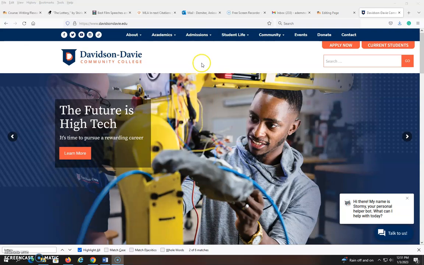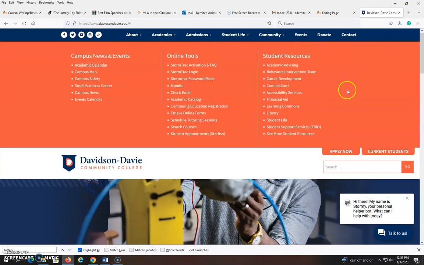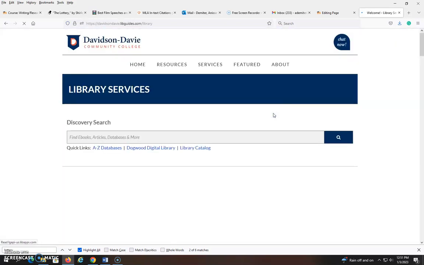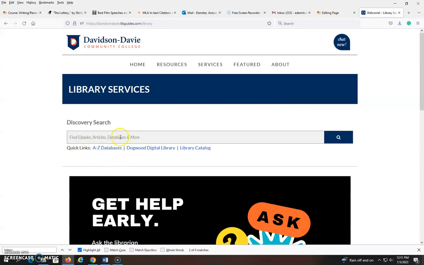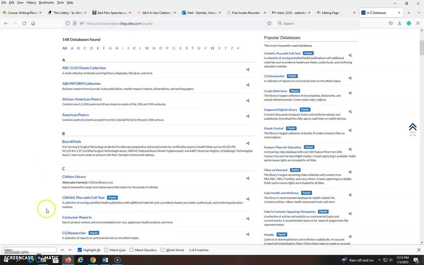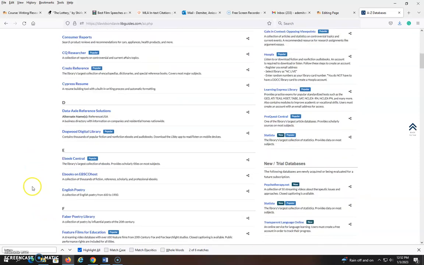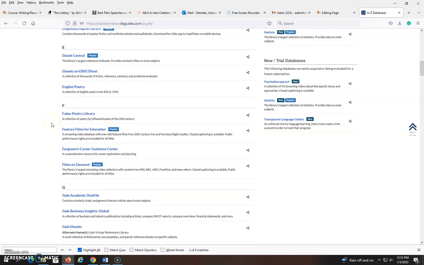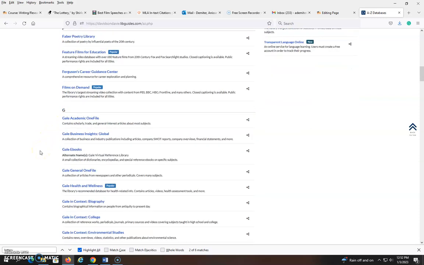If you click on the Davidson-Davie Community College homepage and then go up to Current Students, click there and then click under Student Resources, Library. All right, here where it says A to Z databases, if you click here, it'll give you 148 databases. Now, you can use any of these databases that you want for most of your classes, but for the purpose of English, you could use